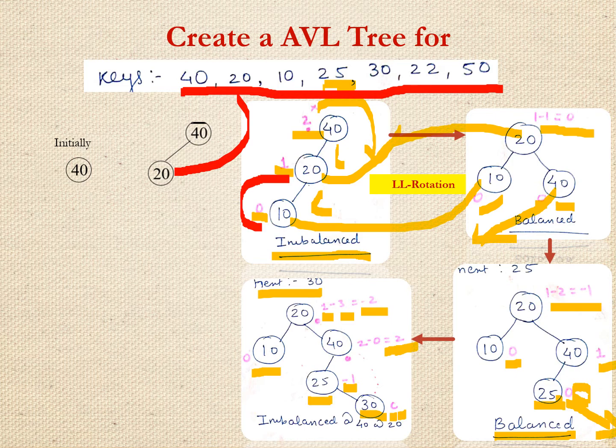So now there is an imbalance, as we are getting the values 2 and -2. So your tree is getting imbalanced at two positions, that is at 40 means here, and it is imbalanced at 20. Now how to resolve it? Okay, so we'll be doing the LR rotation at the lower side first. LR rotation, because we are getting imbalance here.